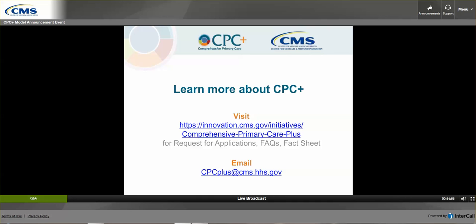Had a question of whether practices need EMR to participate, and yes, there are requirements for electronic medical records. You can read more about the health IT component of the model in Appendix C of the request for application that's available online. Another question was, who pays the HIT vendors, practices or CMS? And practices will pay the HIT vendors. CMS will sign a memorandum of understanding with vendors, but it does not include payment. Question here about, do payers or CMS select practices? CMS selects the practices. And will solo practitioners be allowed to participate? Absolutely they will.